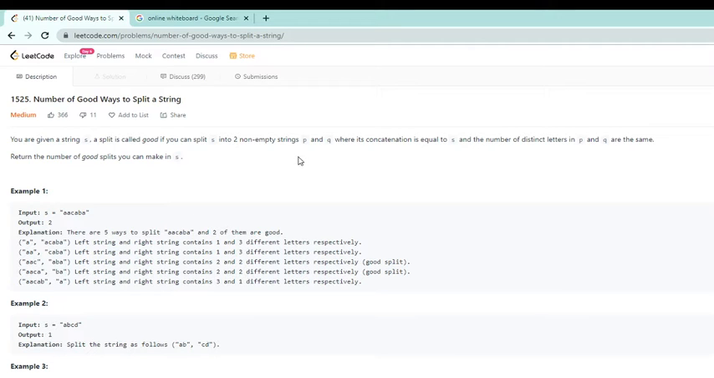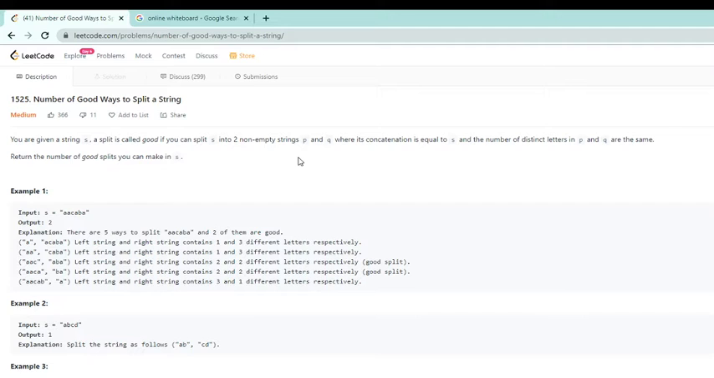So hi guys, let us discuss this question: number of ways to split a string. We have a string s. We need to split the string into two non-empty strings such that on concatenating them, they equal s. And the number of distinct letters in p, the left string, and the right string,